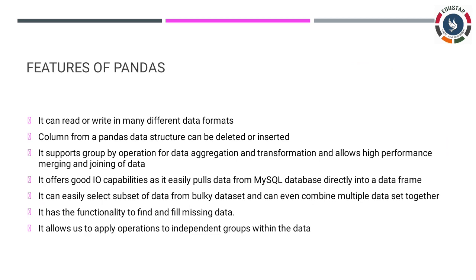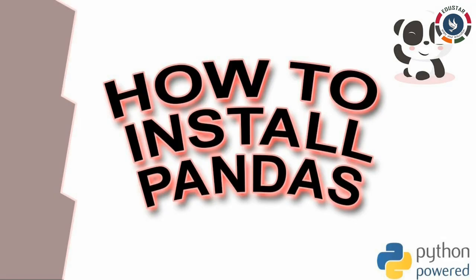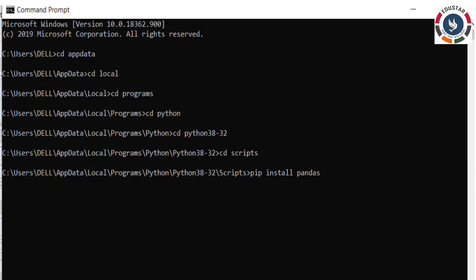Next we are going to see how we can install pandas on our system, the same way we installed numpy and matplotlib on our Windows. First we should open the command prompt. Simply click on the search box, type cmd, and the command prompt option will be displayed on the screen. Select the command prompt window, and the window is displayed. Then you should type the user directory.